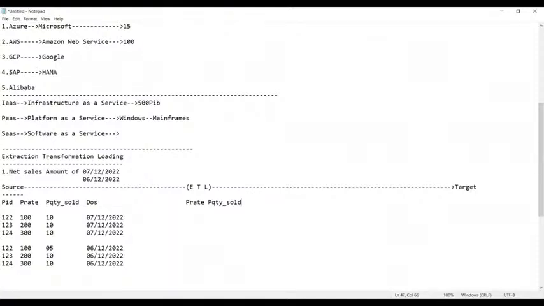In fact, we require DOS, the date of sale. Without the date of sale, how can you find out? So now, guys, these are the 3 columns. That means out of all these 4, all available data, you will